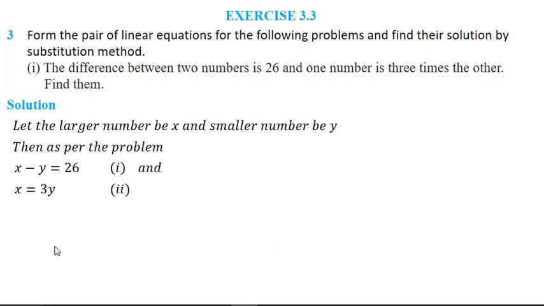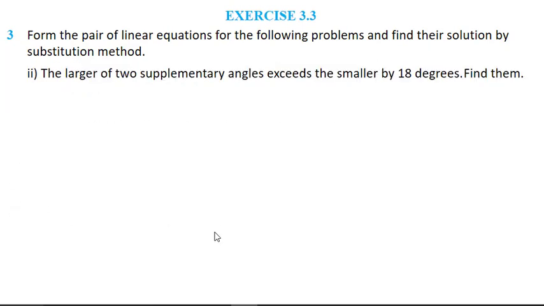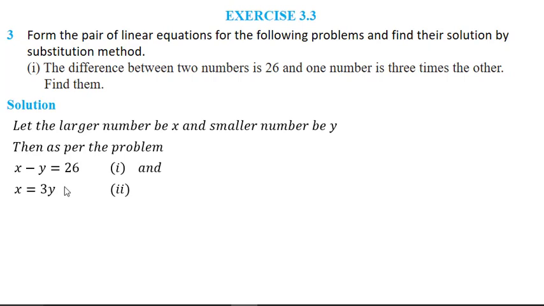Now if you see, the second equation already has one variable in terms of the other, that is x in terms of 3y. So I will put the value of x equal to 3y in equation number 1 and I will solve and get the value of y and x. How you should do the solution, you already know. So here I am only going to frame the linear equations, okay, and the rest is your work. So you can solve this problem further.